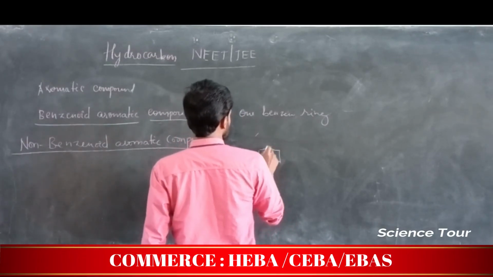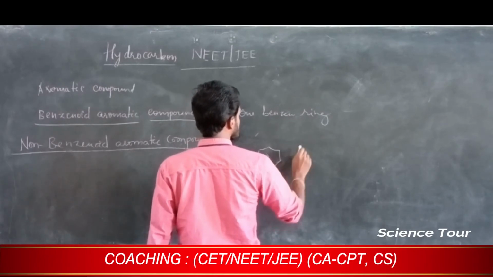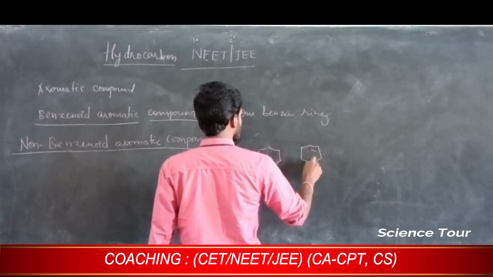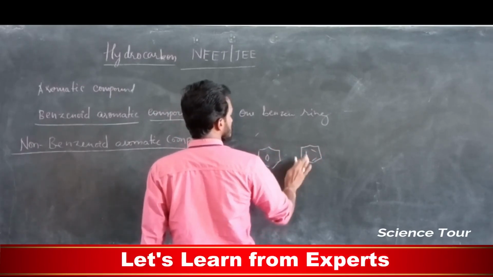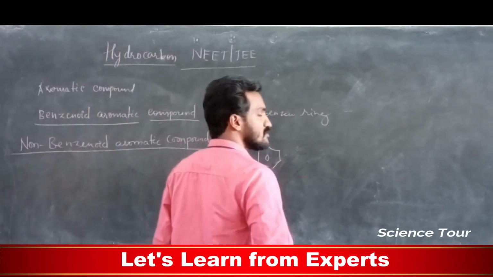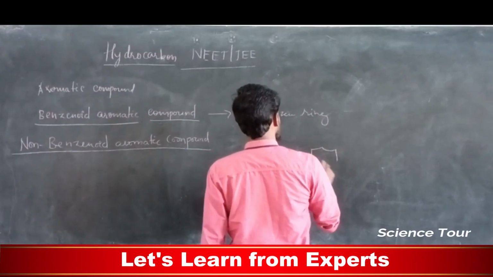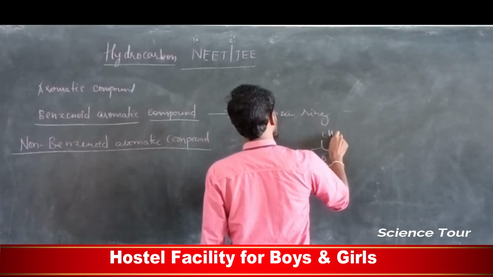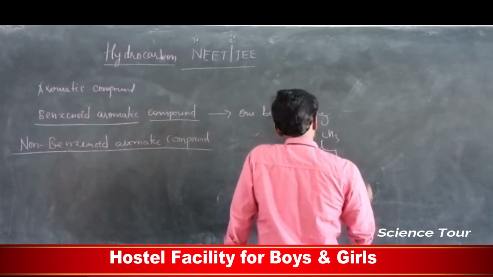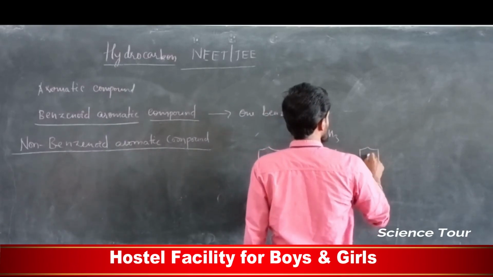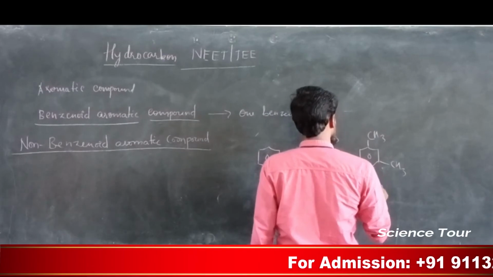My dear students, benzene. So benzene you can write like this, or you can write like this also, no problem, but you should write the electrons properly. You can write the electrons like this, or you can put one circle inside. Both are correct. Understood? So benzene. And next one is toluene. Next is xylene.